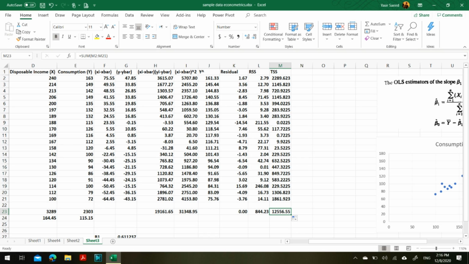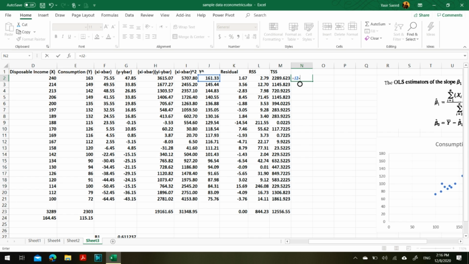right? And then we can also find the value of explained sum of square, and explained sum of square is basically y hat minus y bar whole square. So ESS can be found as y hat minus y bar, and